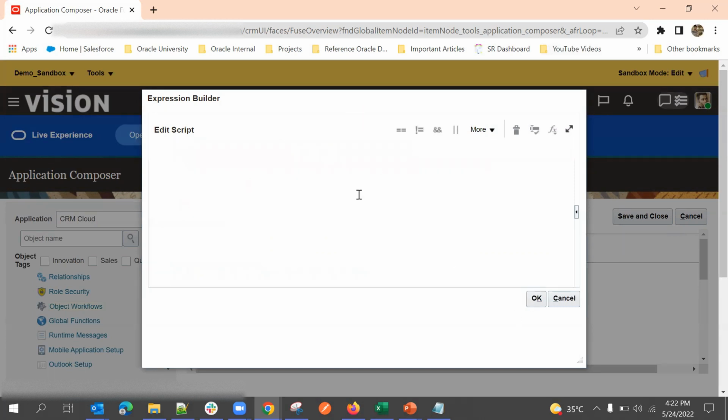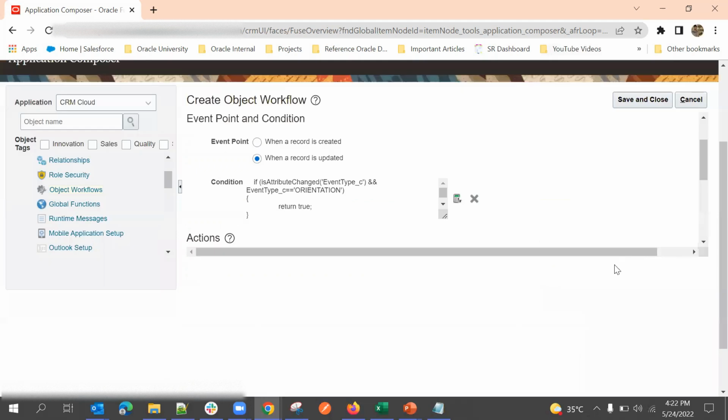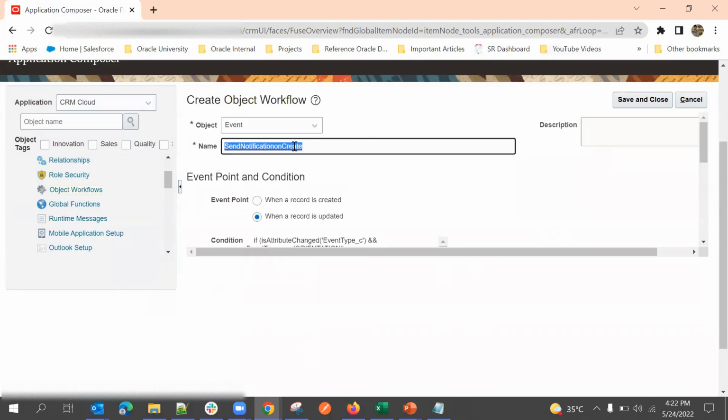Okay. So what I'm saying is, if event type is changed to orientation, then at that time trigger this workflow. That is what I'm stating here. Okay, so this is update, right? So I'll change again here. I selected the update event,